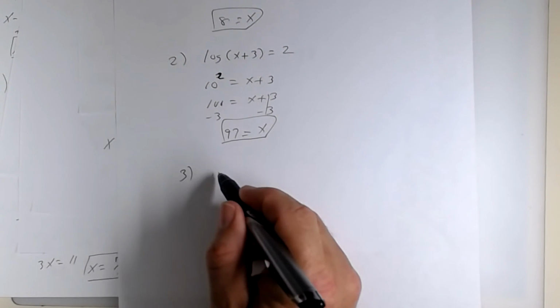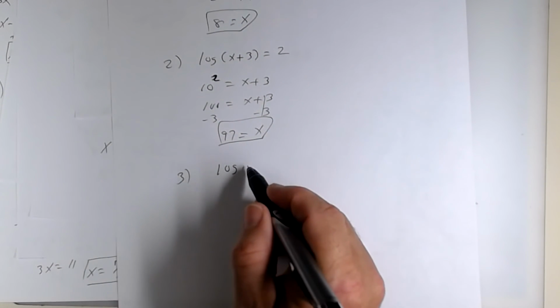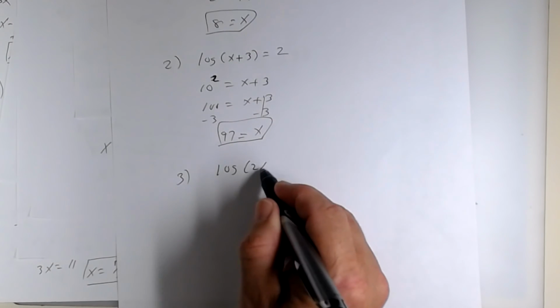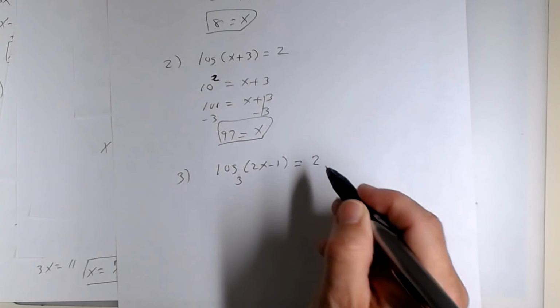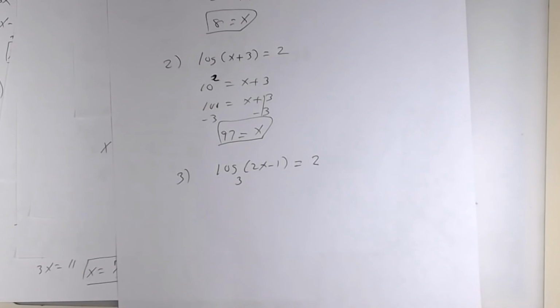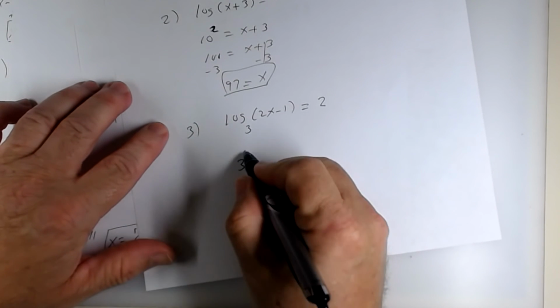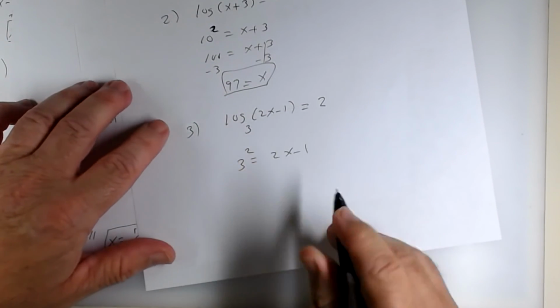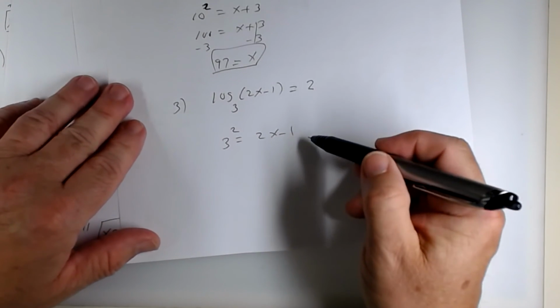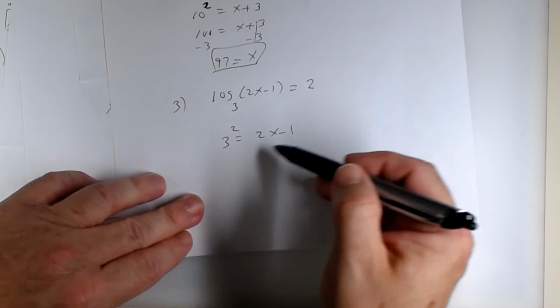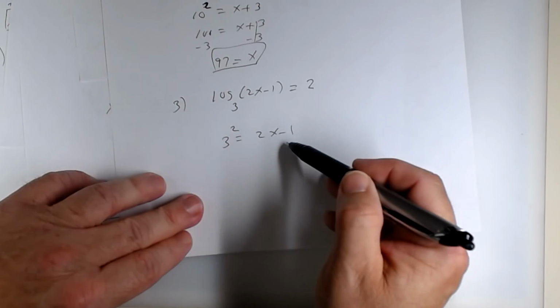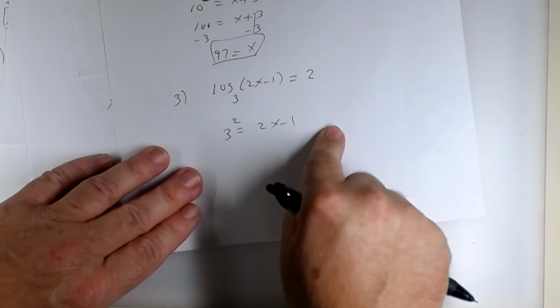Number 3. Log of 2x minus 1 base 3 equals 2. So 3 squared equals 2x minus 1. Okay, so you went from a log equation to exponential. When you multiply this out, that's really a linear equation. So 9 is